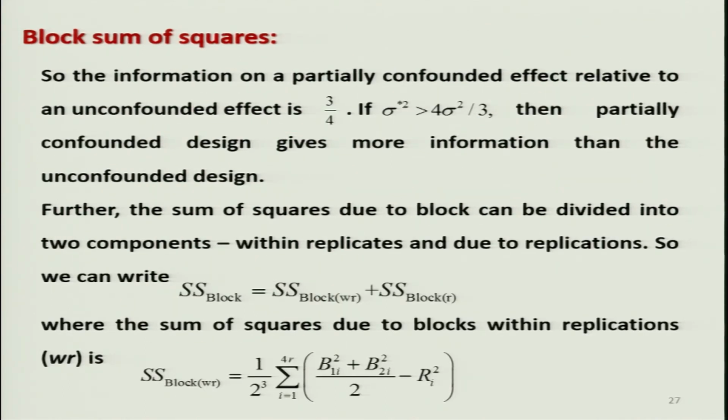So, the meaning here is that the information on a partially confounded effect related to an unconfounded effect is just 3 by 4, right. So, this means here what? That if you had confounded the effect in all the replicates, that is your complete confounding, then the information is completely lost. But you have confounded it only into one replicate, so you are able to have the 3/4 of the total information with you,